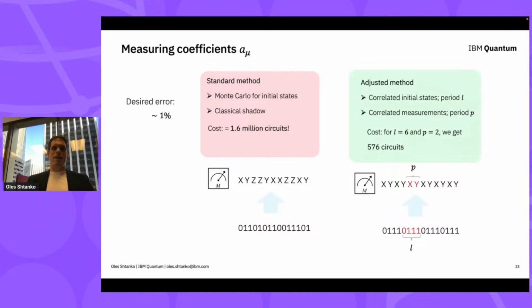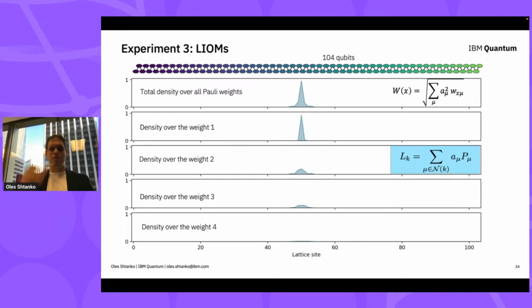So now I think it's all done with the technical part of this talk. Let's go to results and see what they look like. So here's the result for a 104-qubit chain. What we do is essentially start with the initial guess being the Pauli Z operator of, say, qubit 50, and look at how the local integral of motion looks if you use this technique. And that's exactly its representation.